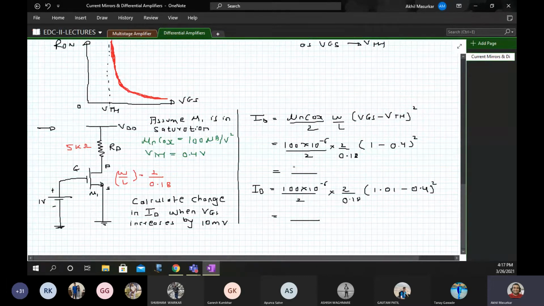Okay, that is correct. 0.2 milliamperes. I'll write here 200 microamperes. Correct. Mandar and Hemant, please tell me the answer to the next. It's not same. 0.206 milli, so it is 206.7 microamperes. So there is a 6 microampere increase.